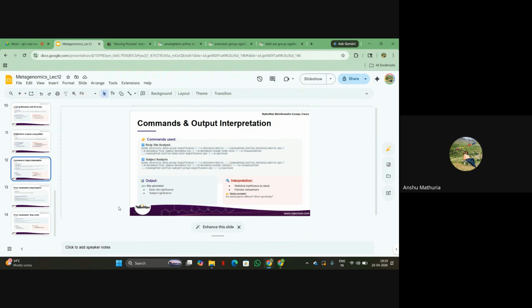Beta diversity is used to compare between two samples, so if you have that particular objective, then you can definitely go with beta diversity. But it depends on your goal. If your goal is just to understand the relation between them, whether they are closely related or not, then you go for phylogenetic analysis. But if you want to understand how the microbial communities are different in patient A and in patient B,